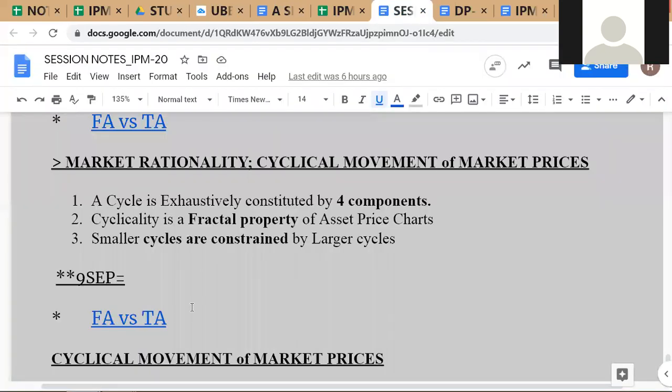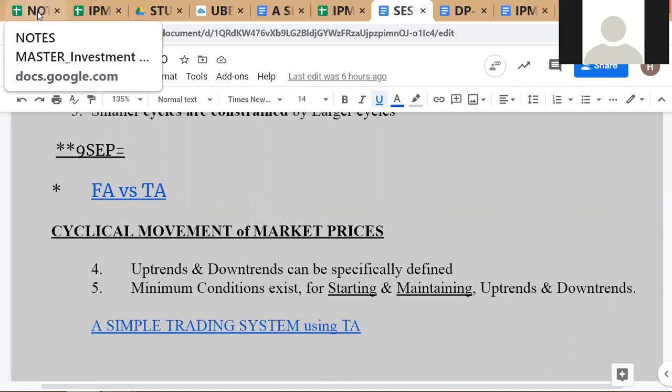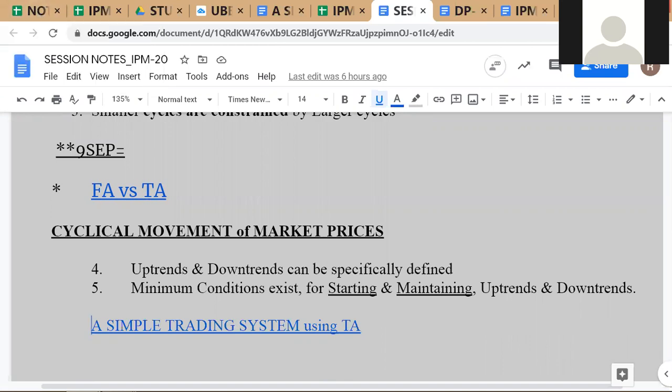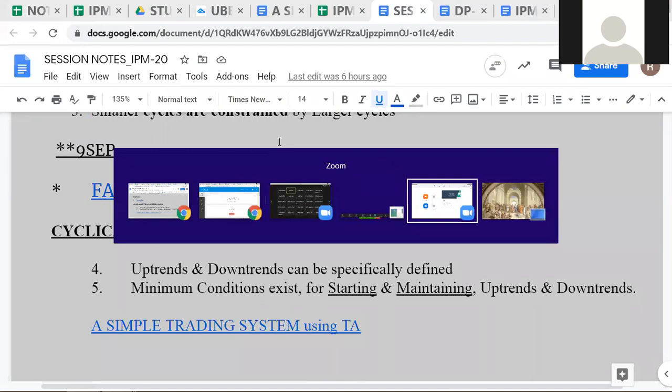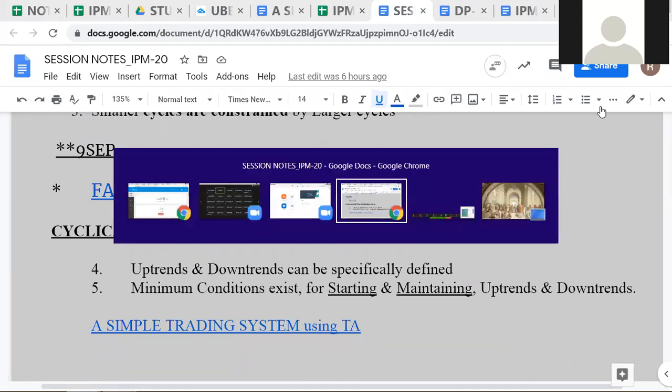Sir, on the project, like on the 14th of September, do you want to see our portfolio value or do you want to see our share price? No. There is no such thing as your share price. There's going to be the any of your portfolio, your holdings, and the NAV which comes out in the